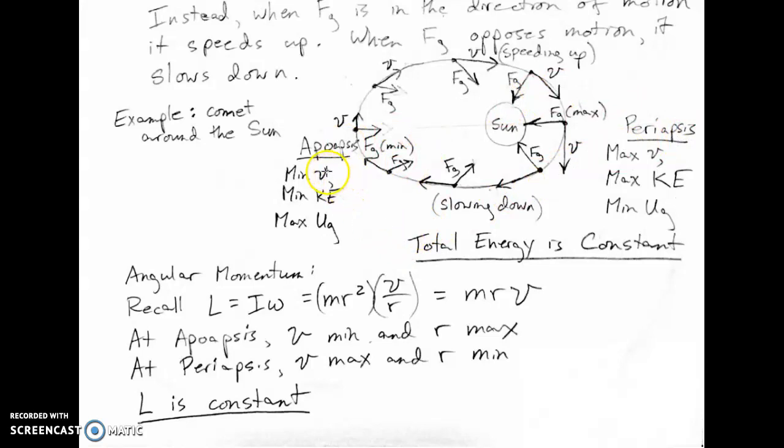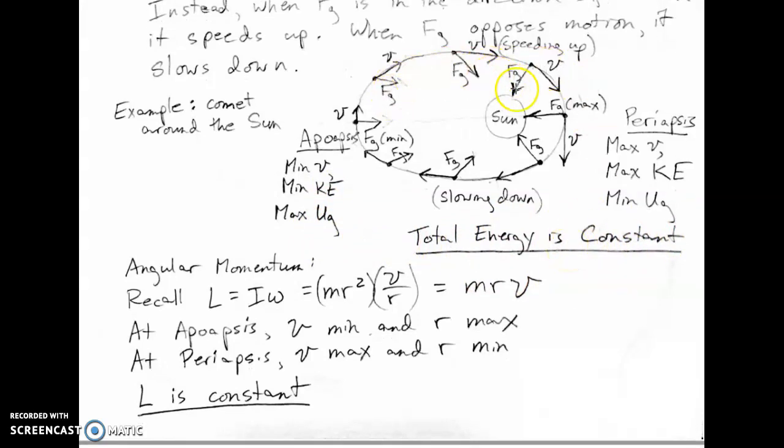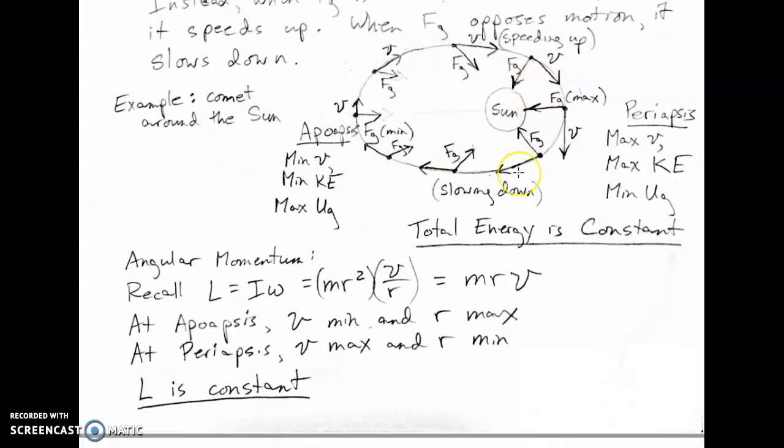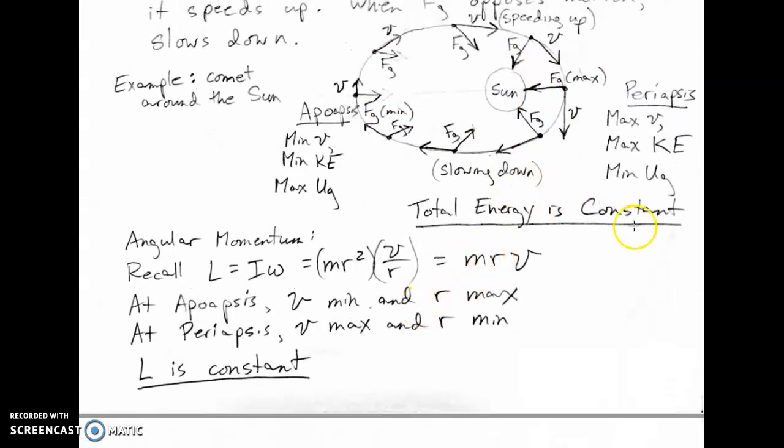And then at that point, it has minimum velocity, so minimum kinetic energy, but it has maximum potential energy. In fact, the total energy is constant, and that's what I want you to see, that energy is conserved in this kind of elliptical orbit. And not only is energy conserved, as Hewitt mentioned, angular momentum is also conserved. And you can recall the angular momentum of a point particle is mrv,